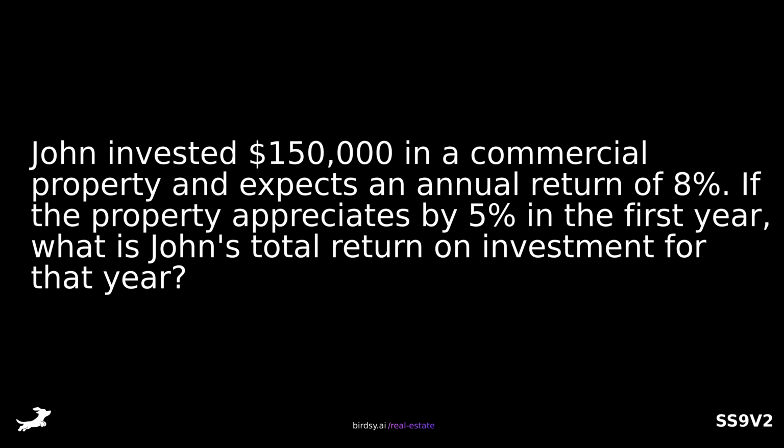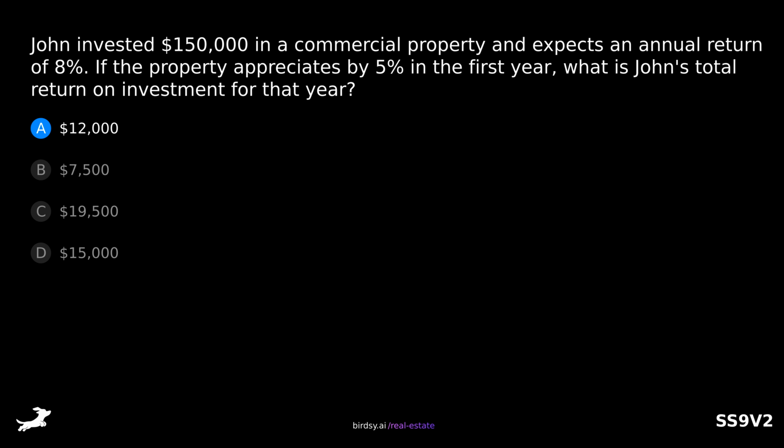John invested $150,000 in a commercial property and expects an annual return of 8%. If the property appreciates by 5% in the first year, what is John's total return on investment for that year? Is it A, $12,000, B, $7,500, C, $19,500, or D, $15,000? The answer is C,